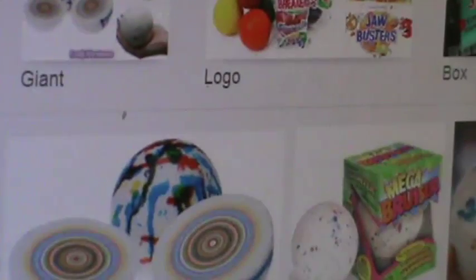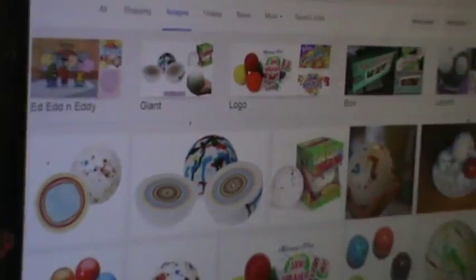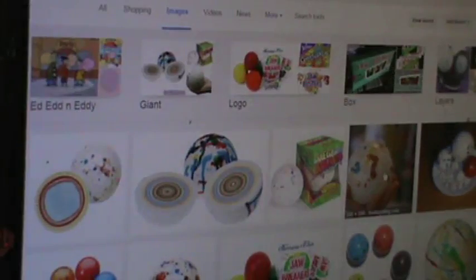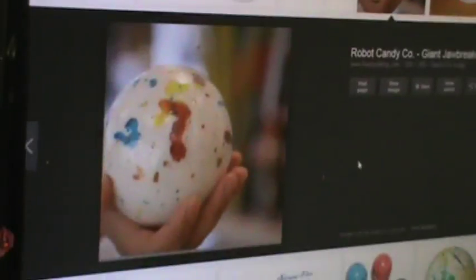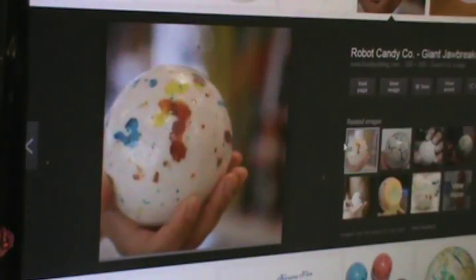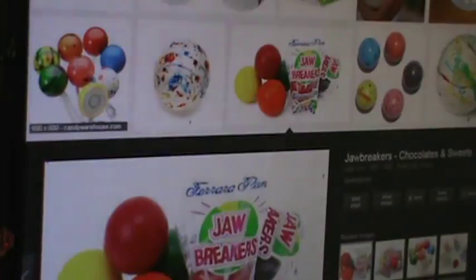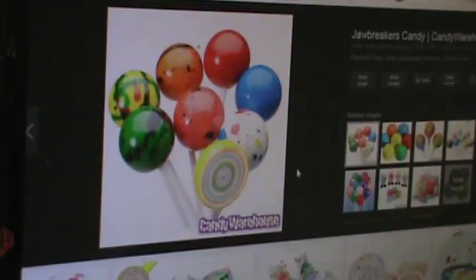Like, they were probably one of the biggest candies in the store. The giant Jawbreaker. As a kid, this was like... Anywho, everything in moderation. There's nothing wrong with a little fun, little sugar happy episode.